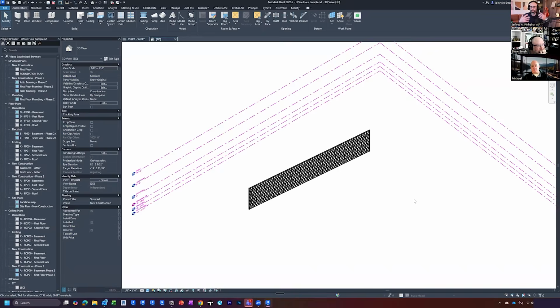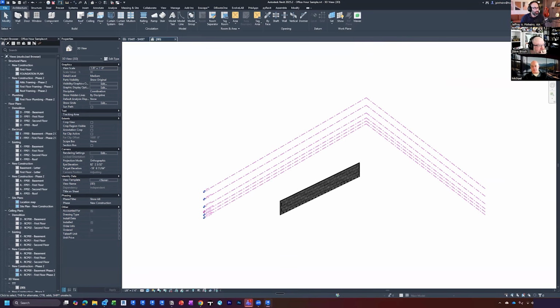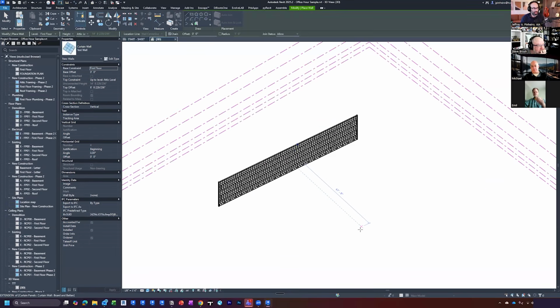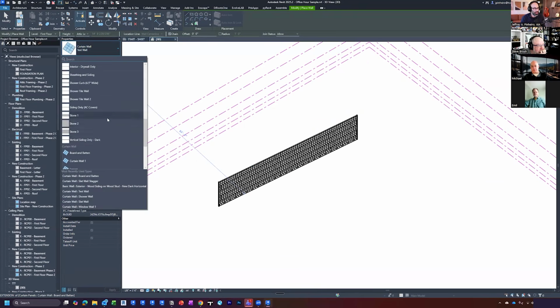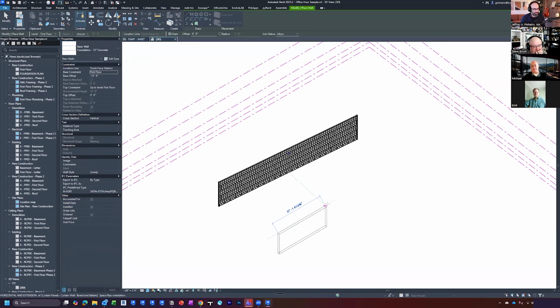I think I can see what you're saying. I would counter that with: don't edit the sketch of the wall. I could tell you my workflow in any of those conditions. Maybe if I'm quickly doing conceptual work I might do it, but I would use multiple walls for all of that, even if you're doing an opening in the middle. So what I mean by that is if I do a 12-inch foundation,